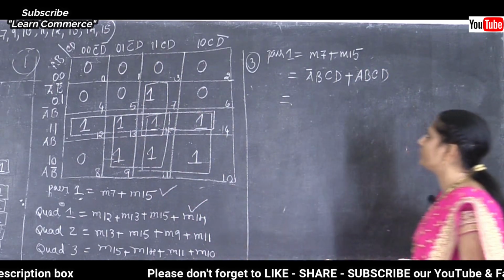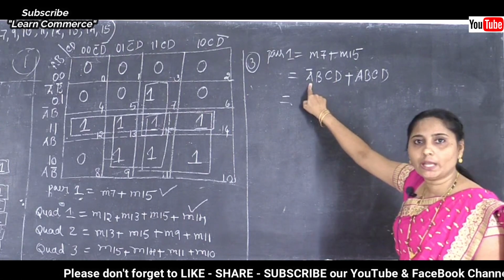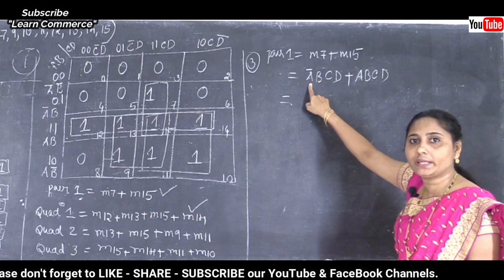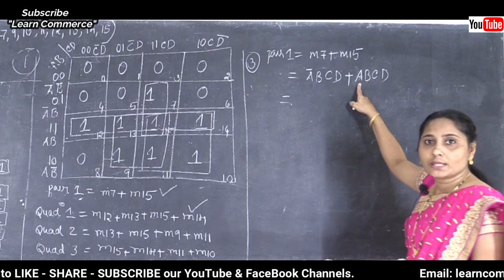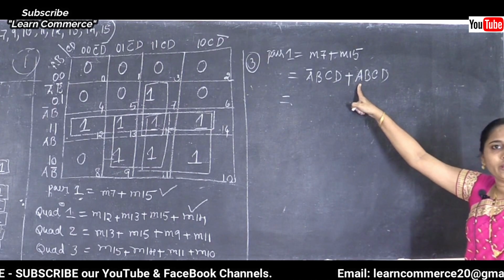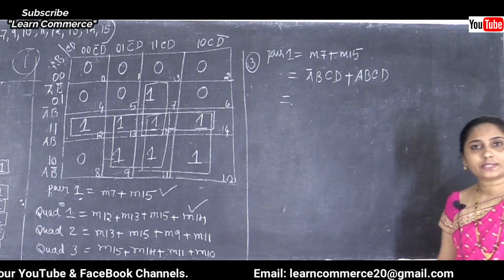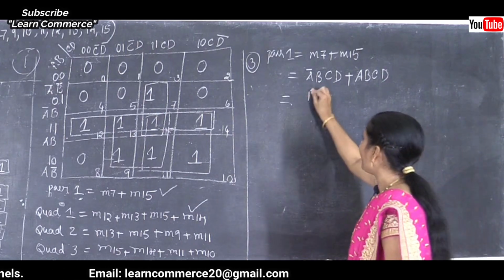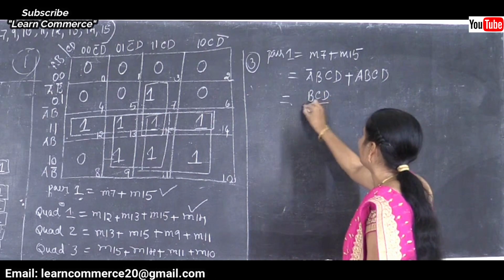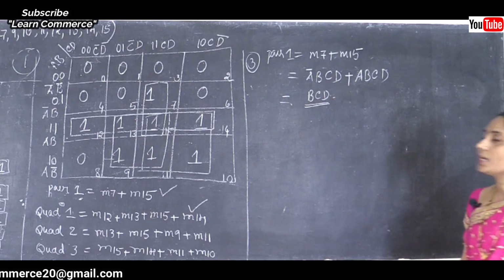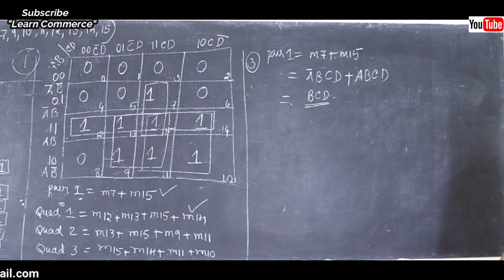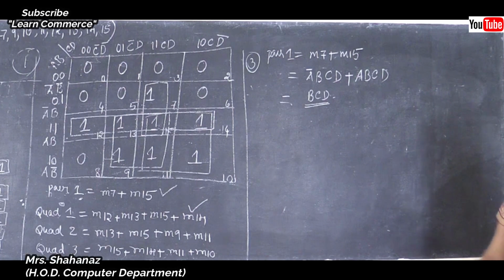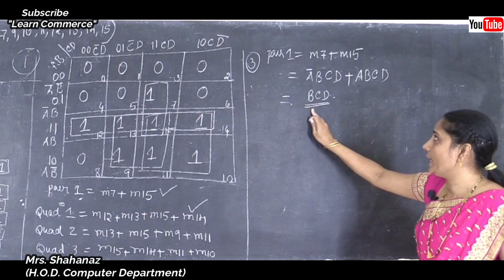Now when you are going to take, we need to remove one variable. The variable is complement A and A. Correct? Some difference is there in between complement A and A. If any differences in between the variable, we need to remove the variable. So the answer is B, C, D. So clear this point here. So this is the answer, the reduction expression for the pair 1. The answer is B and C and D here.